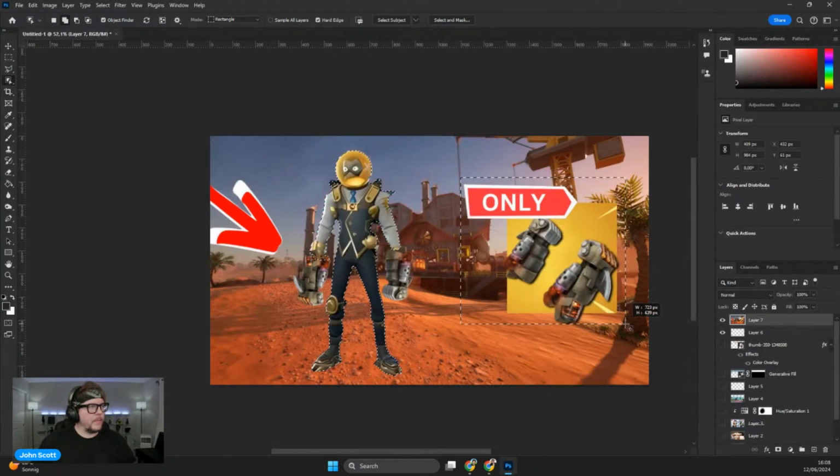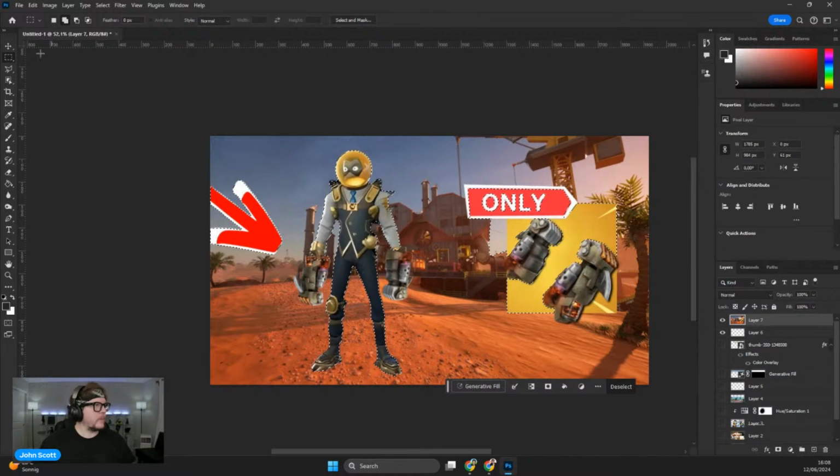By the way, sometimes when I use this tool, it might make things laggy a little bit. So, just a warning. Alright, let's go ahead and grab this, this, this. And then we're going to get rid of that.